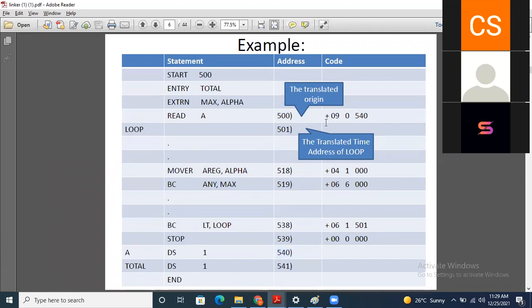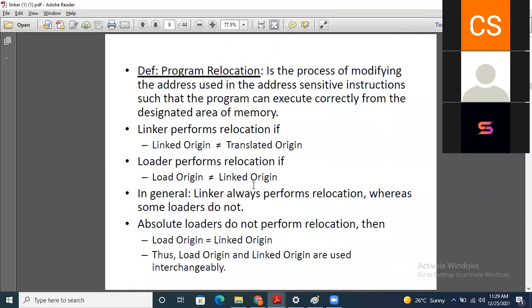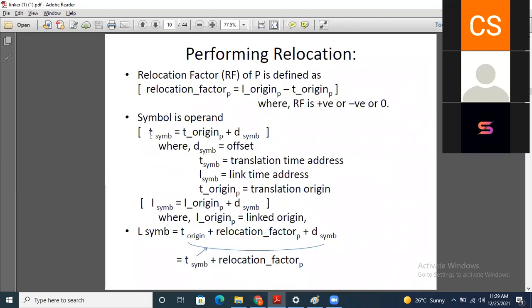By adding this 40 with 500, I got the address 540. So that is the calculation of the address for this translated symbol.